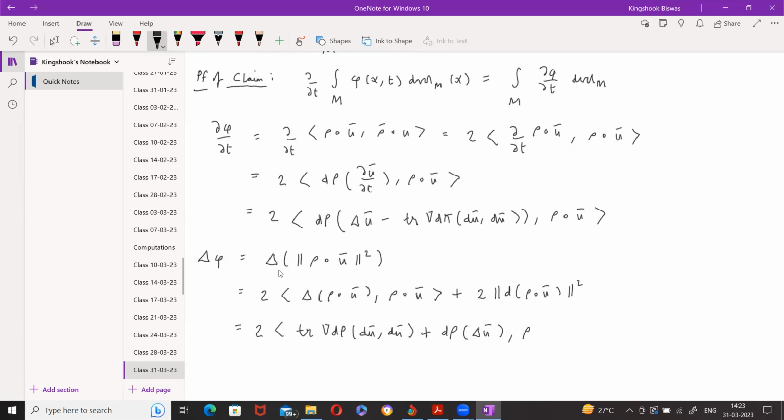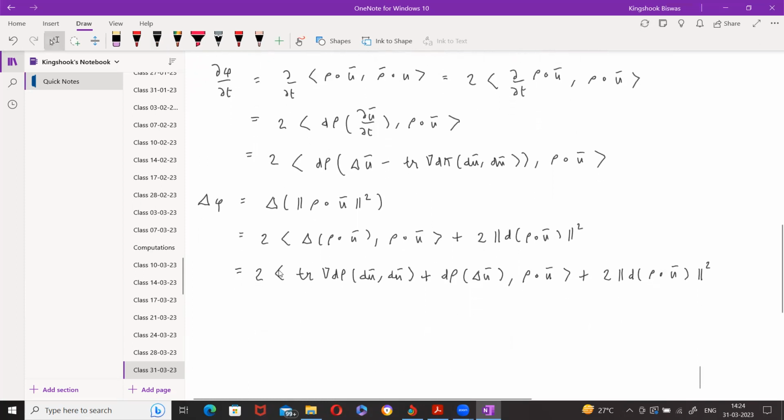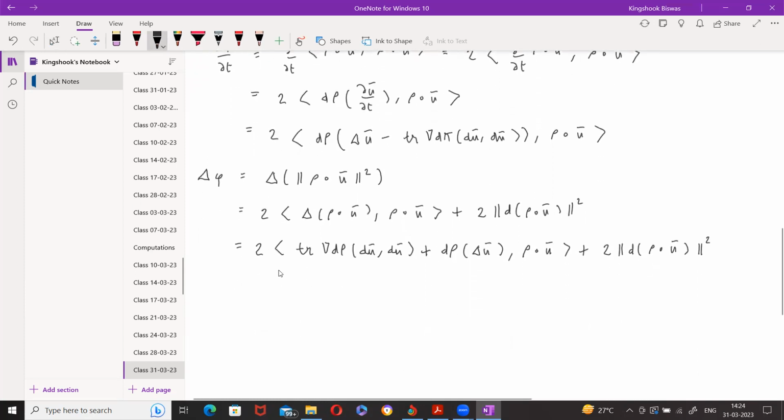Yeah, that's the composition formula. Okay, but now note